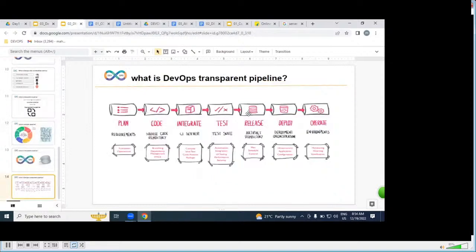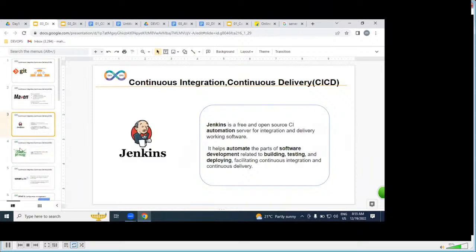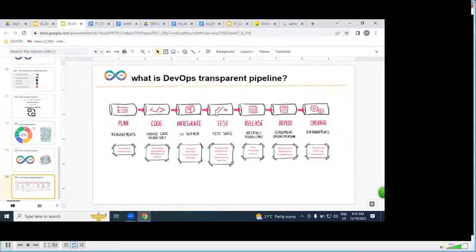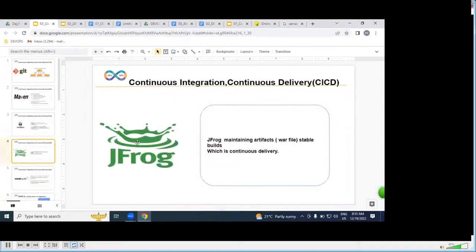This entire DevOps process is going to be automated by Jenkins only. Once it is automated, we are going to hold our working software in release. The release is nothing but what? By using JFrog. JFrog is nothing but release.